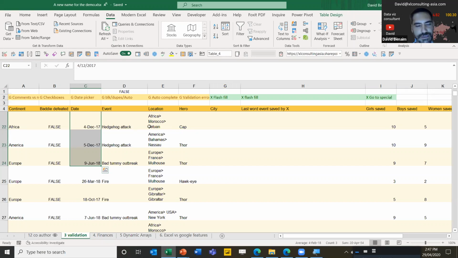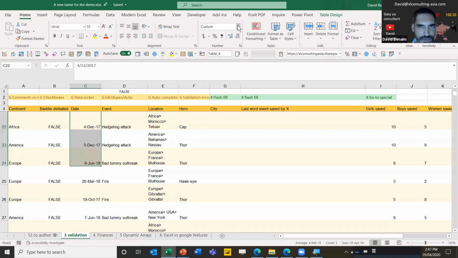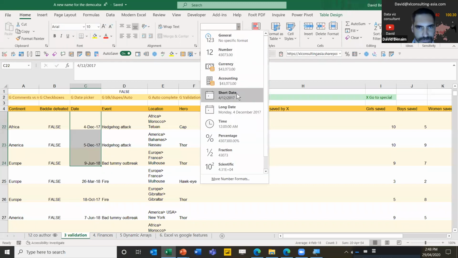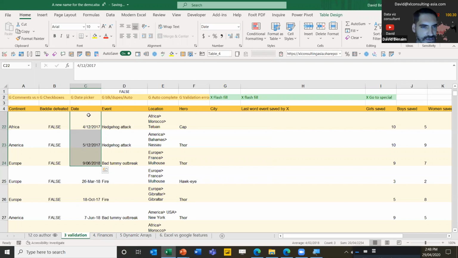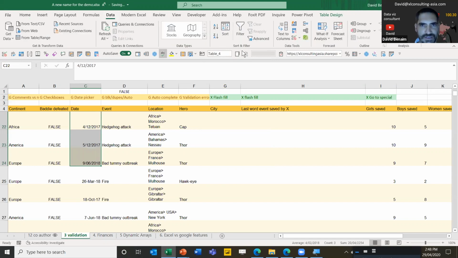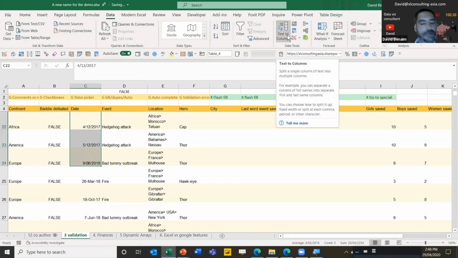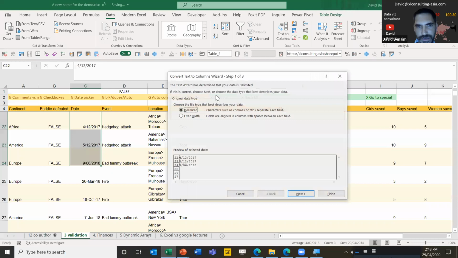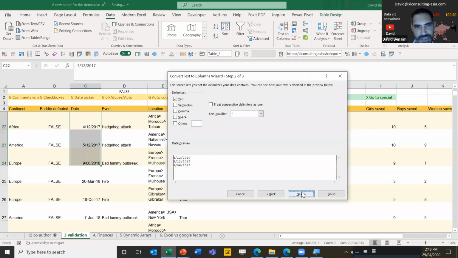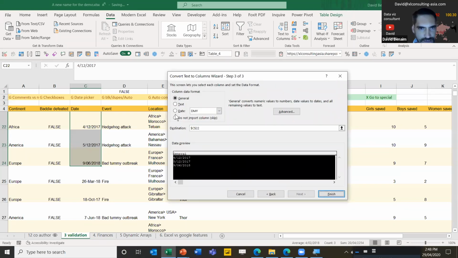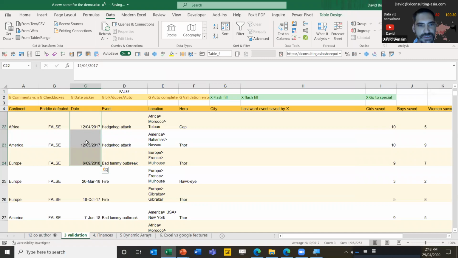Let me just show you this trick. It's very, very hidden, for how to answer one of the questions, how to swap between American and US style dates. So here I have 3 versions of dates that could be either. This is only in Excel, not Google. You go to Data and Text to Columns. I don't know why it's in here because it's nothing to do with text to columns. Just press Next 2 times and then say this is a date that's coming in as MDY. Press Finish and it switches it.